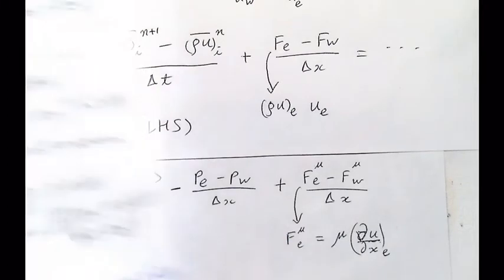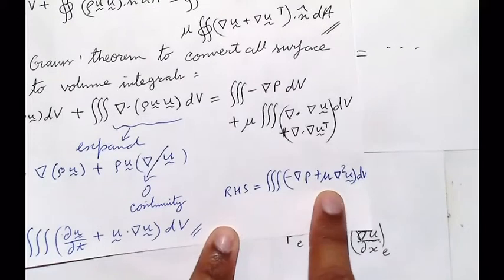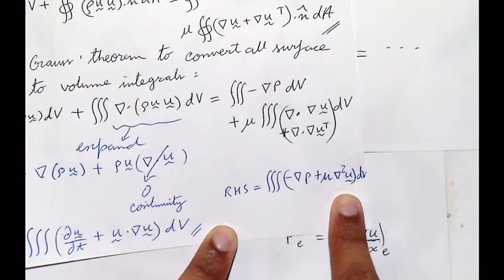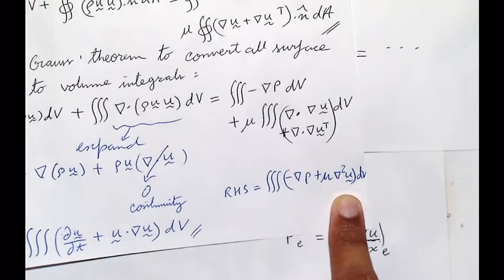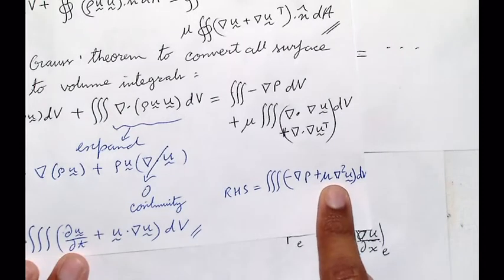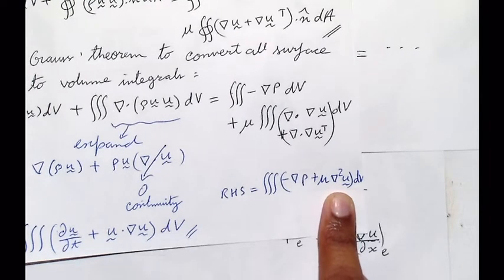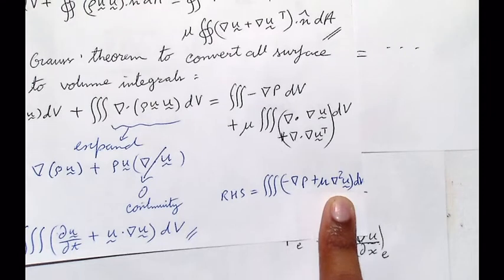Okay. So do you agree with this part? Right hand side is mu Laplacian u. Yes. In 1D, what will this become? In 1D in the partial differential equation, this is just d2u by dx squared. Laplacian u, how do you write this? d2u over dx squared plus d2u over dy squared plus d2u over dz squared. That's the x component, right? And in 1D, only the first term remains.